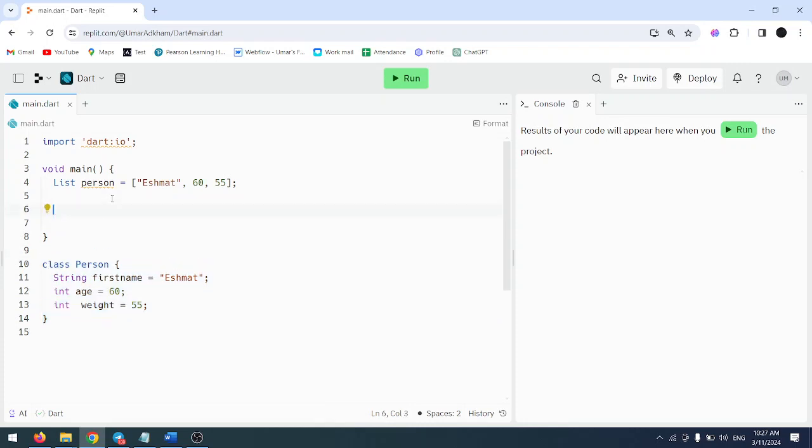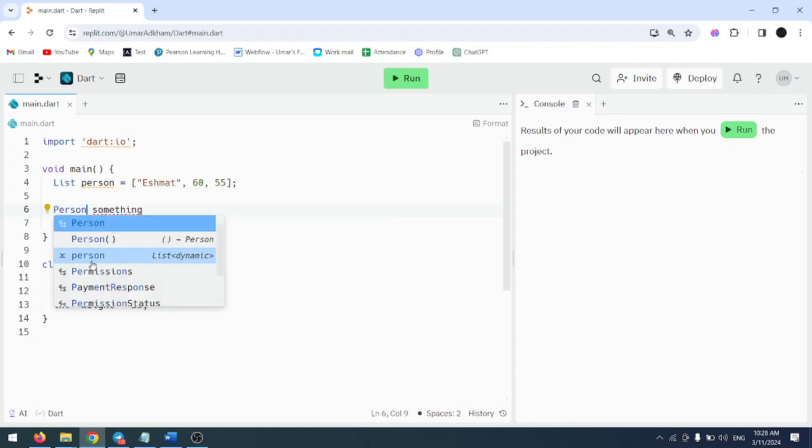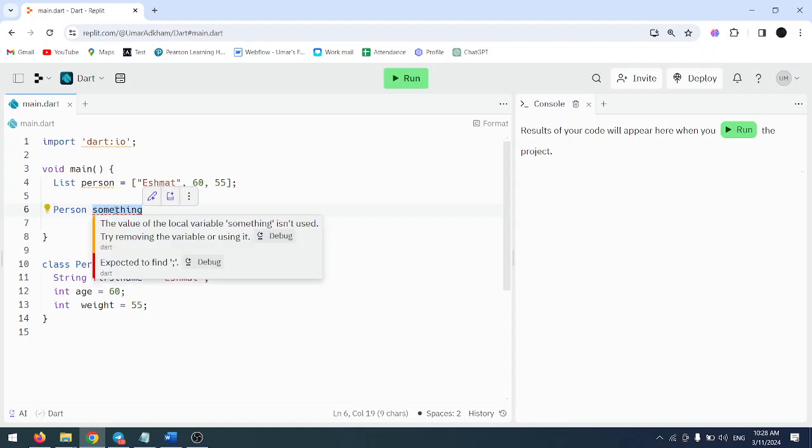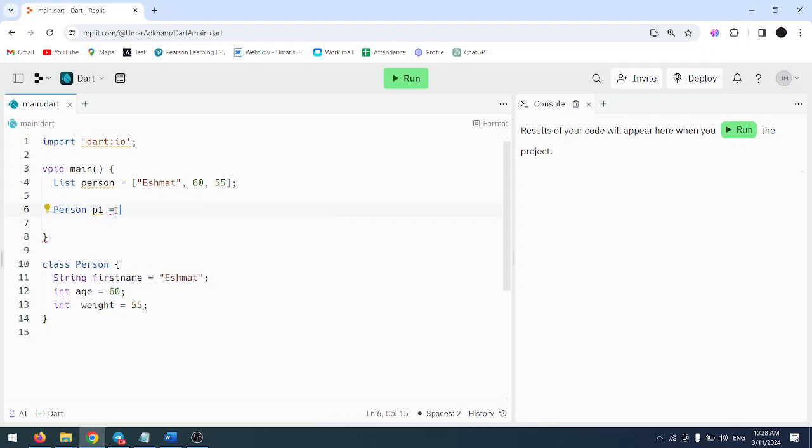So before we used to say int something, right? Or string something. Now we can just say it's person. Okay, so you can use a class name as a data type here, okay? Person, you can name it whatever you want. So P1, and then just say person, and when you use it, you have to put parentheses, okay? Then